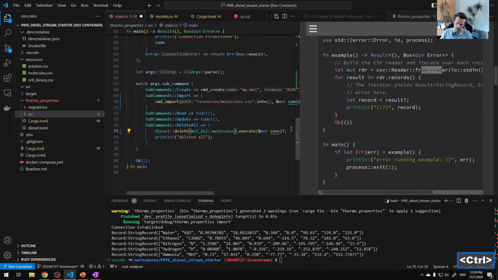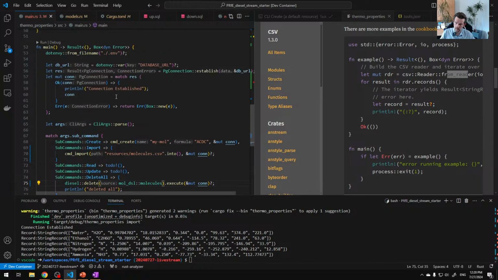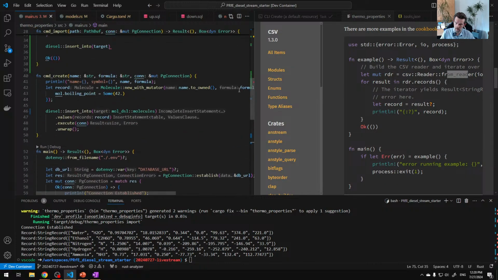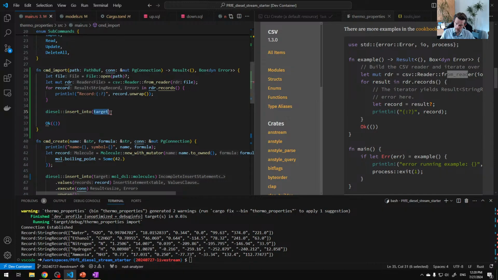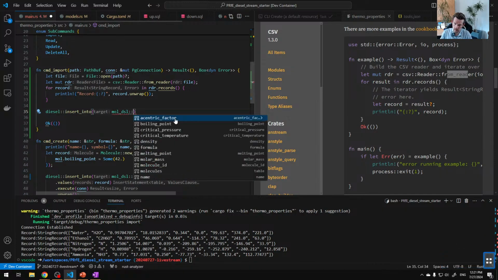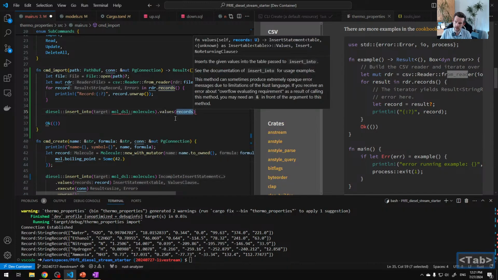So that's here. Where was the other part? That looks good. Okay. MolDSL molecules. We can now just use